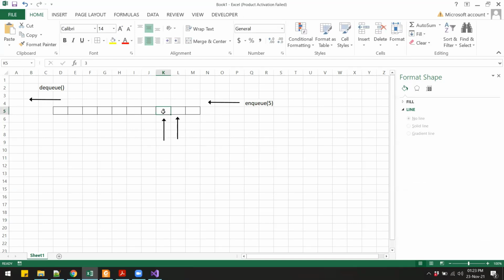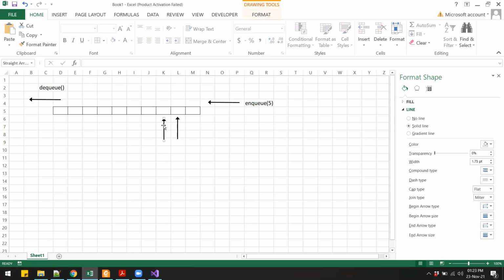Again, if I dequeue, 3 goes, and this front pointer will come to the rear pointer. Now at this point, the queue is empty, right? And what happened to the front and rear pointers? They both are pointing to the same location. So when both the front and rear pointers are at the same place, we can say that the queue is empty.